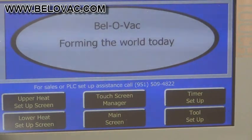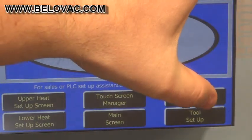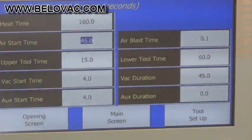So the next thing we'll be taking a look at is the timer setup. And these are all the processes of the equipment. First being the heat time. That's the amount of time that the clamping frame is in the oven. Then we have